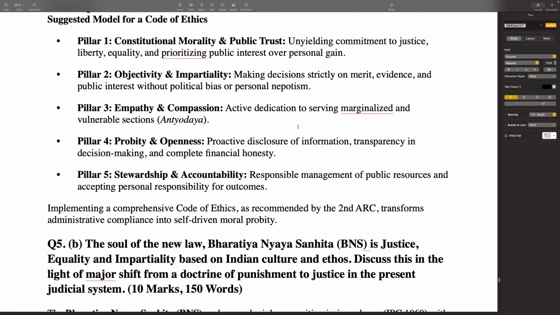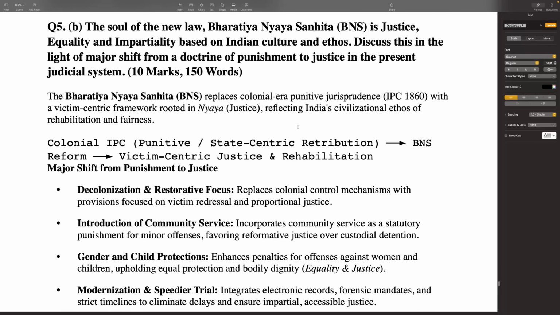Implementing a comprehensive code of ethics as recommended by the Second ARC transforms administrative compliance into self-driven moral probity. Question 5.B. The soul of the new law, Bharatiya Nyaya Sanhita, is justice, equality, and impartiality based on Indian culture and ethos. Discuss this in the light of the major shift from a doctrine of punishment to justice in the